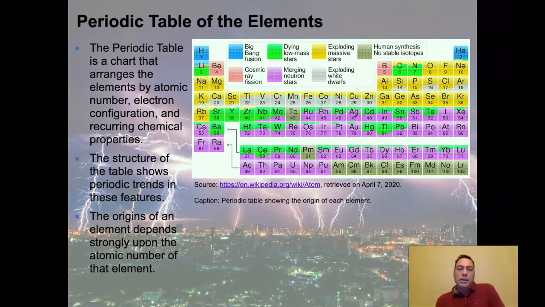All right, so we have a pretty good idea now of what ions are, what atoms are, and a lot of this stuff is review that you've known for a long time. One of the things that I really like to cover just a little bit as we're going through this is something called the periodic table of the elements. Now you've heard about it, and most people, their eyes roll back in their heads and they don't want to know about it. It's just kind of an annoying chart full of a lot of data that chemists force you to learn, and it's just one of those necessary evils of chemistry.